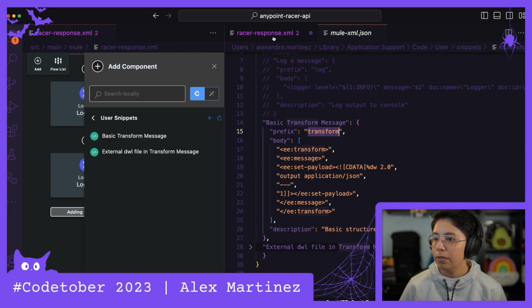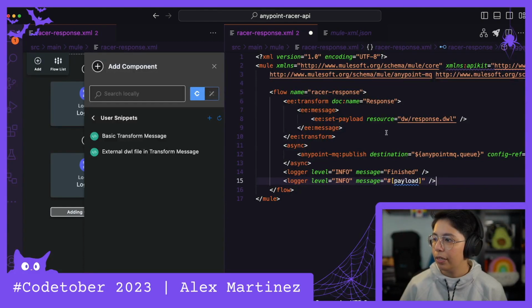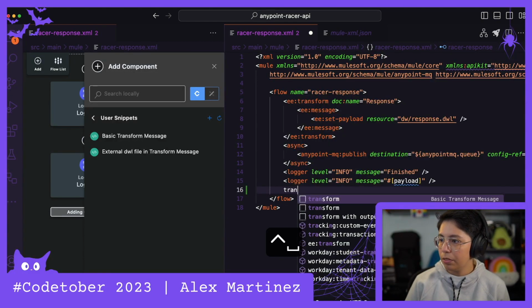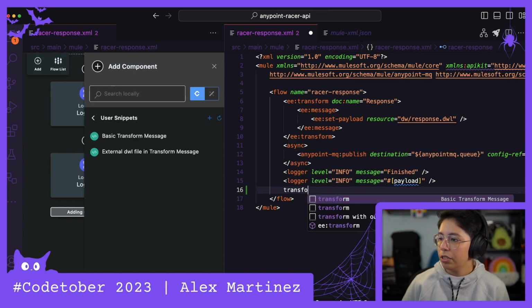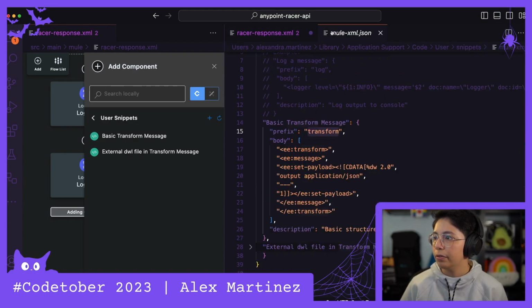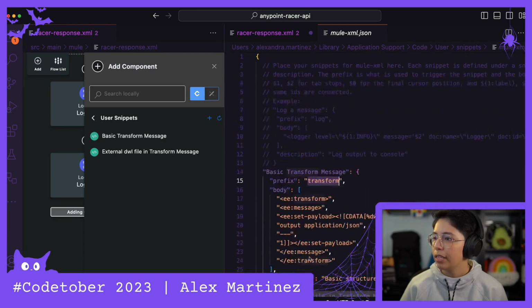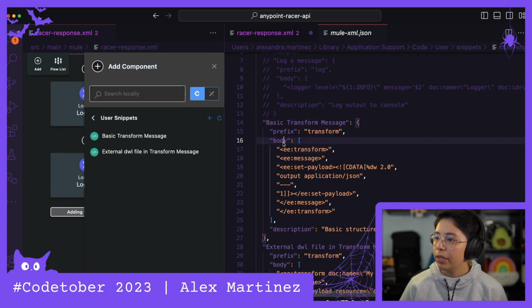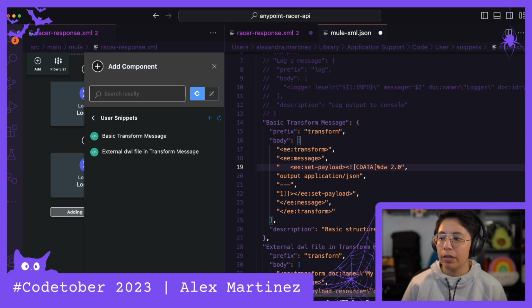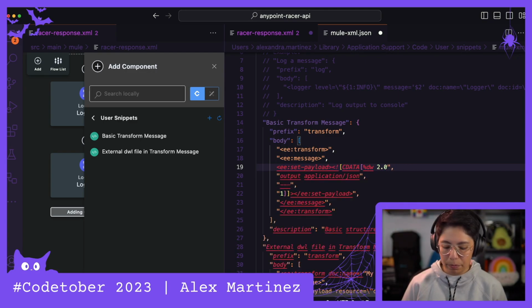Where did I get that from? I think it's from here. Transform. Oh, I think it's just the name of the thing. I don't know. So I have two external. Yeah, I think that's just the name that I put. Anyway, here in the body, you can paste in this format. So you see this string, every string is a line. So if you want to have several lines, just do that. You can also do spaces or tabs or whatnot, so whatever you need. And this is how it will be pasted